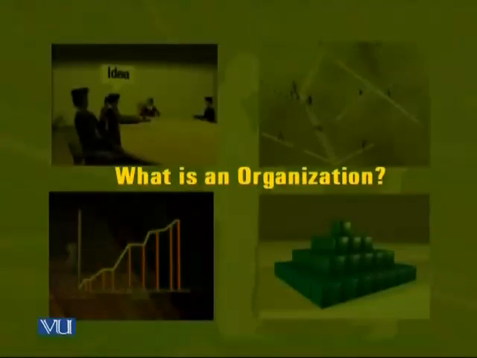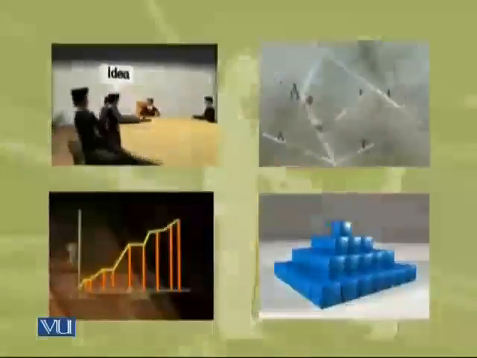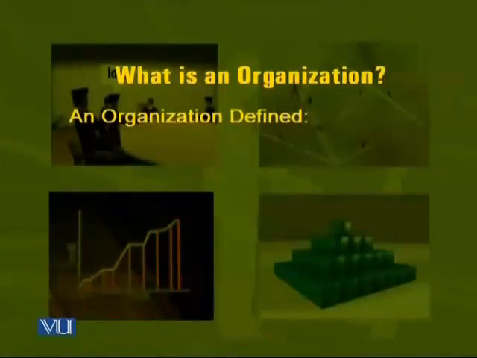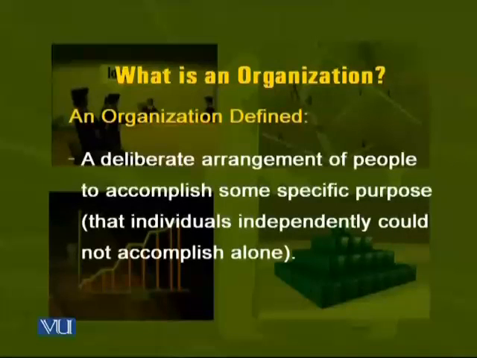So what is an organization? As I said, you are at the advanced level of courses. You have already taken the basic management course, the organization behavior course, and other related basic management or business courses. So you must be familiar with what an organization is. An organization is a set of people, a deliberate arrangement of people to accomplish some specific goals that an individual cannot achieve otherwise. And of course, there are not only people, there are some other things too.